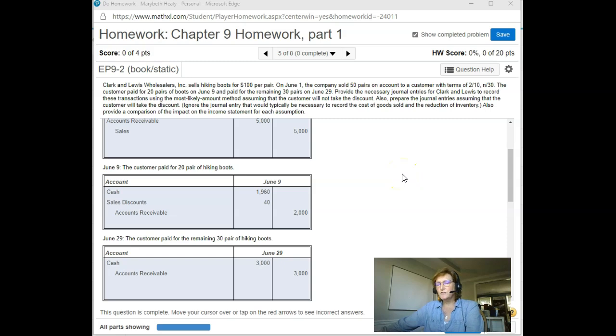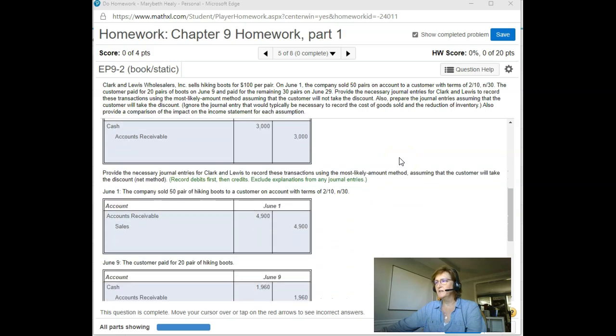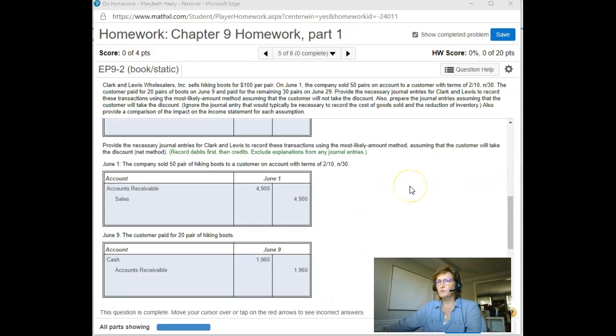So now we're going to look at it assuming the most likely method, but in this case we assume the customer is always going to take advantage of the sales discount. So our first journal entry goes ahead and takes the 2% discount. This is called the net method. So you multiply the sales of 5,000 times the discount amount of 2%, and we say, okay, our sales minus the discount would be 4,900, and we're pretty sure they're probably going to take advantage of that discount. We book the accounts receivable at the same amount, and so then we receive cash for the 20 pairs